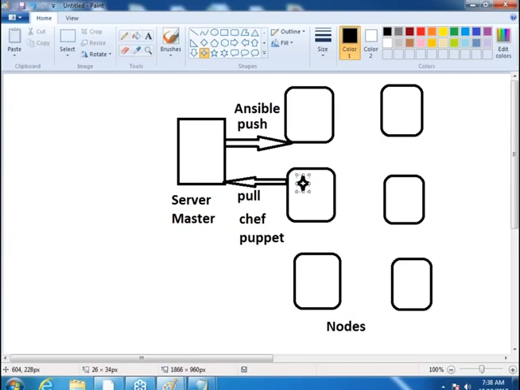Okay. So why am I telling this? Because there are certain cases where you are not allowed to install software on your production servers. Then blindly go with Ansible. There might be cases where you are allowed to. Then probably you might think of pull models, which is Chef or Puppet. So that's how it works. And this software component which is present on your nodes is generally called agents or clients.